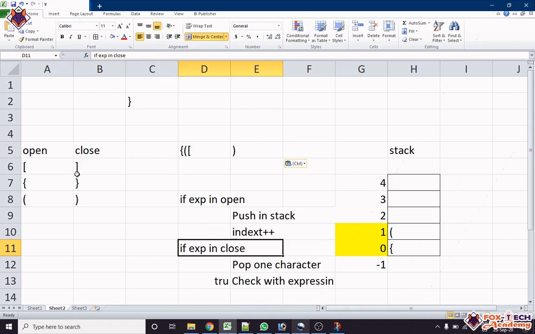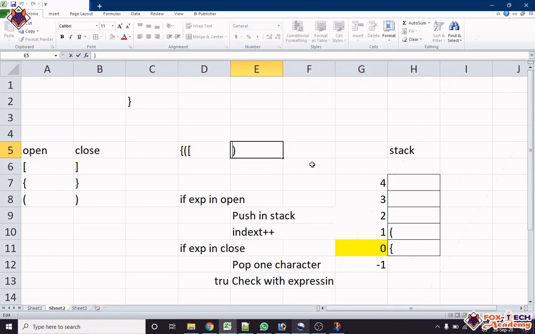If our expression is a closing one, we will pop. The last character in the stack is an open brace, so we will cut it and omit it here. Suppose our index is 0. We will check here, and we have removed this one.